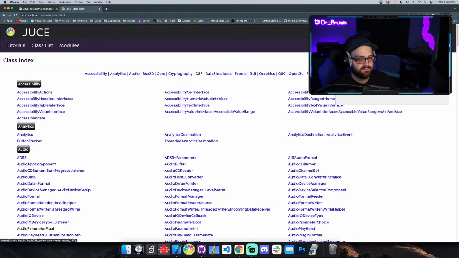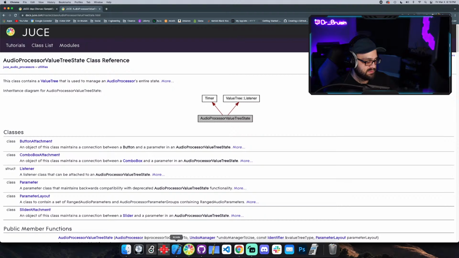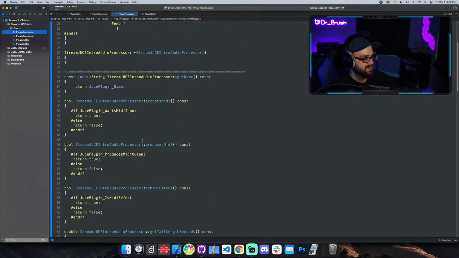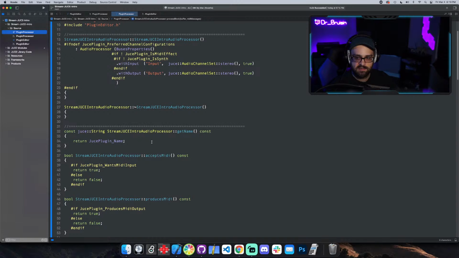Yeah, audio processor value tree state. Okay, so this kind of solves 2 problems for us. This is something we need anyway. This is what sets up